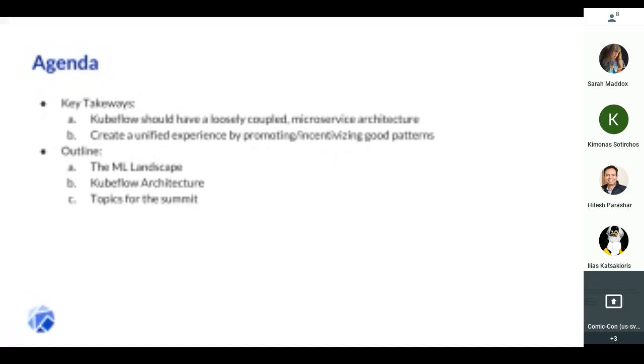First, my opinion is that Kubeflow should have a loosely coupled microservice-based architecture, and that this is really the result of what we see going on in the ML landscape. One of the consequences is, if we have this loosely coupled microservice-based architecture, where we have lots of different components that are independently authored by different folks, how do we go about creating a cohesive experience and